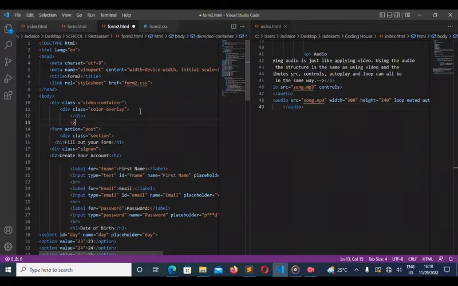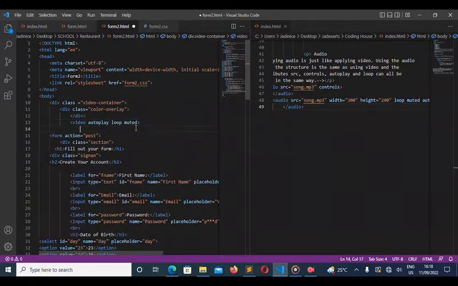Now the first thing I'm going to add is the bed, the video, which is the main thing. The video would automatically play, and it will loop, play continuously, and then mute it. Now, if you've not watched our last video on 7 ways to add a video to a website, here's the thing. I'm going to explain it briefly, but you can always go and check the button. Yeah, I'm going to add it to the button, you'll see it. Now, muted is this. Why did I mute it?